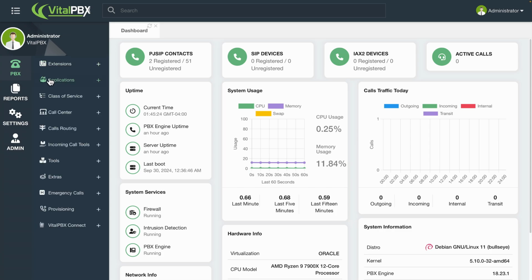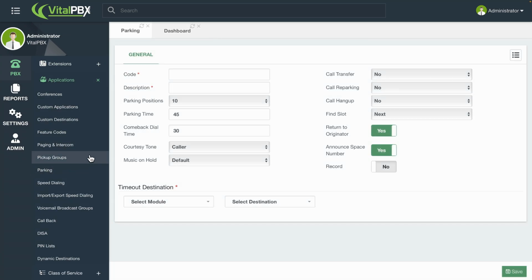To create a parking, you must go to PBX Applications Parking. The first thing you need to establish is the code for this parking. The code works a little bit differently with parking. The code is used to reach the parking lot as a whole. The parking spaces start from the next number from your parking code and are defined by the number of parking